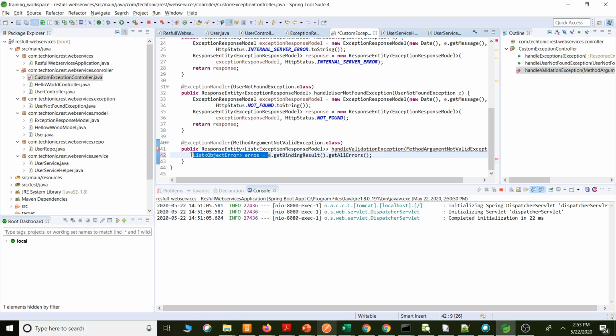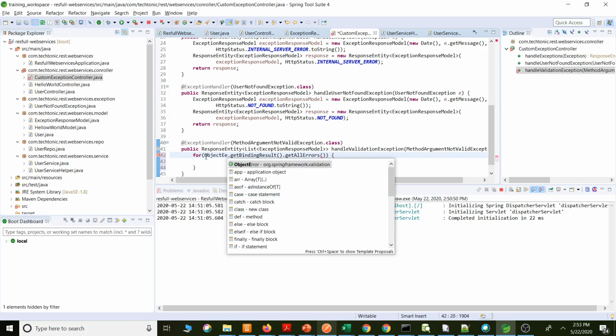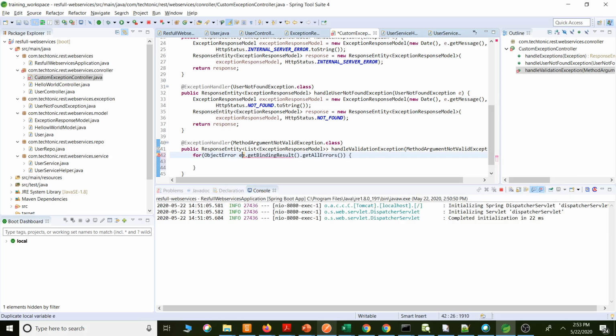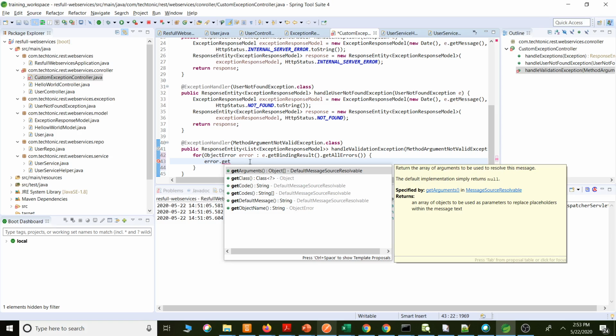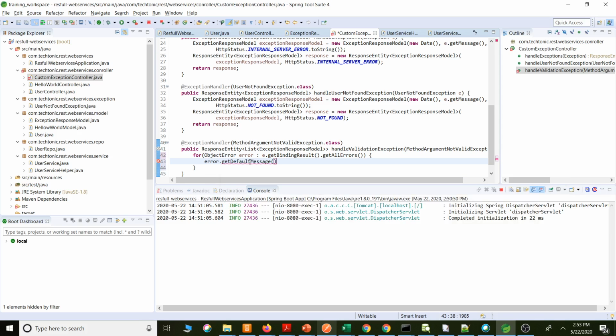Follow the standards for ObjectError error. Now I will get the error message from here, error.getDefaultMessage(). This I will be setting in the exception response model.